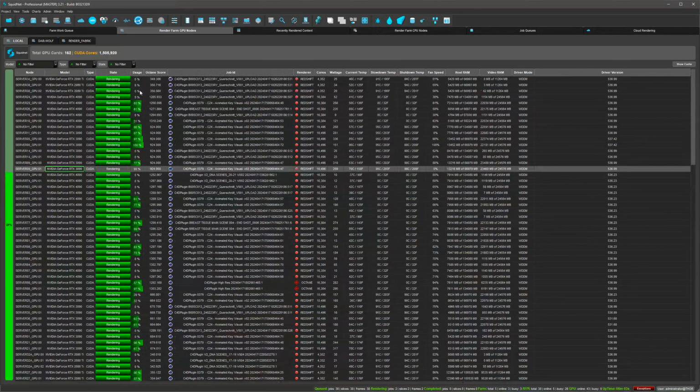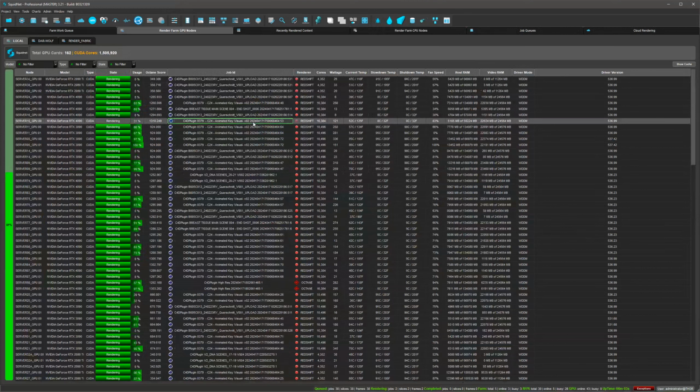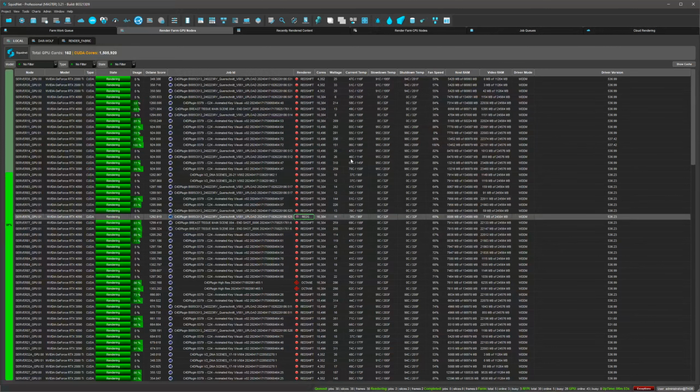In conclusion, SquidNet stands out as a premier solution for render farm management, offering a robust array of advanced features that streamline the rendering process with unparalleled efficiency and reliability. From its intuitive user interface to its powerful job scheduling capabilities, SquidNet empowers users to effortlessly manage complex rendering tasks with ease. Its seamless integration with leading 3D software and support for diverse platforms ensure compatibility and flexibility for studios